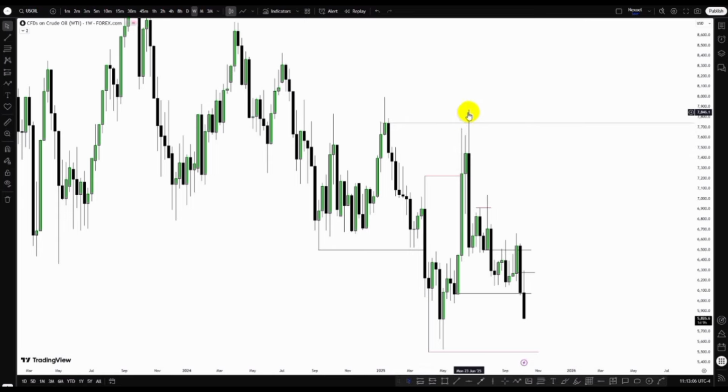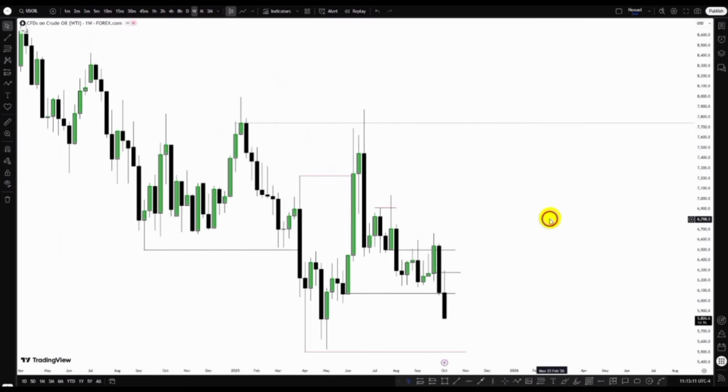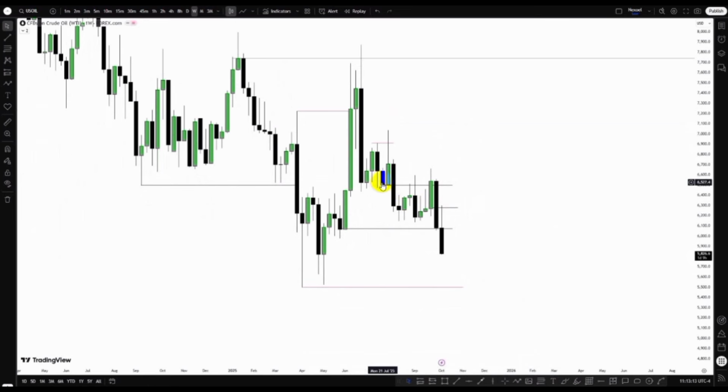Price return mitigated that bearish movement, break of structure, liquidity taken. So what we can now see is price again gave us a pullback and then took out this buy side and then fell. So we can see a reason for price to push to the upside because price reacted from this bullish order block. Price reacted and pushed and then reacted from the bearish, and now price has broken the